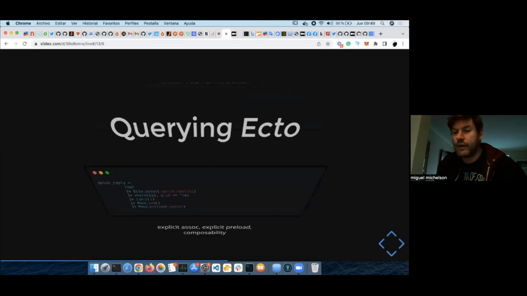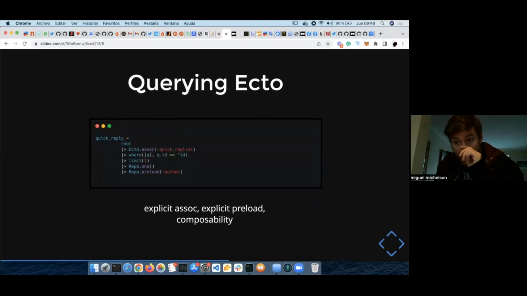Also, in querying with Ecto, you have a really powerful way to query, just like ActiveRecord and the ORM libraries in Ruby. I would say it's a little more explicit, so you must be explicit in terms of how to preload associations.